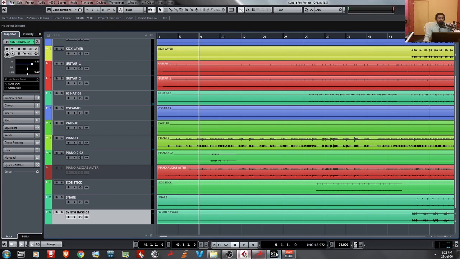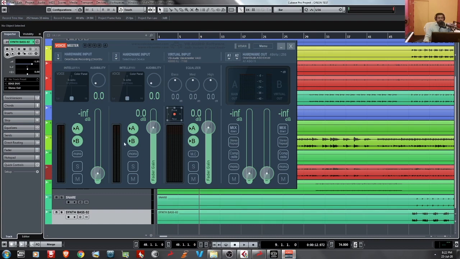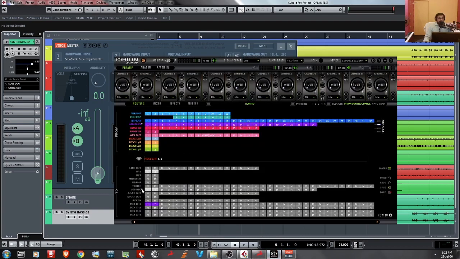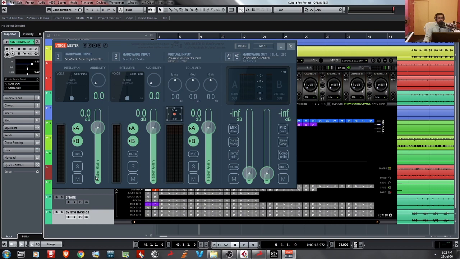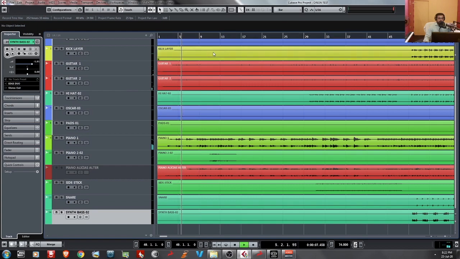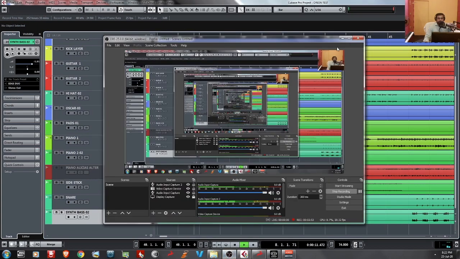Okay, now I am able to listen, but I have to send the signal to the OBS recording. So I'm just using the VoiceMeeter. If you check here, I am using the USB record 1 and 2 for this OBS, so don't get confused with that. I am sending the signal to OBS. Okay, now you can also listen. Let me check that. Yeah.